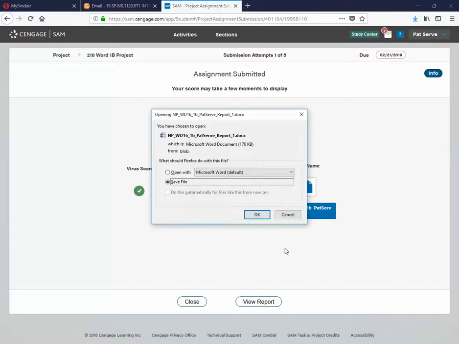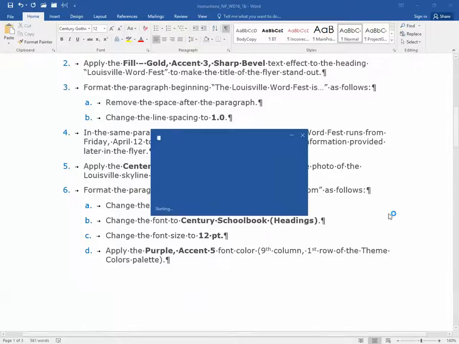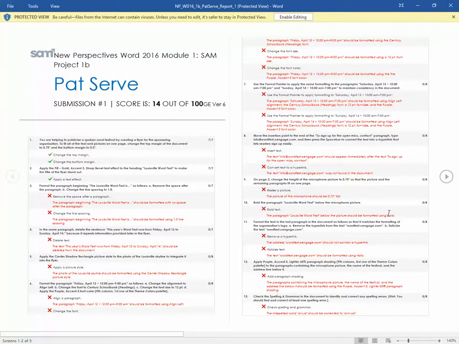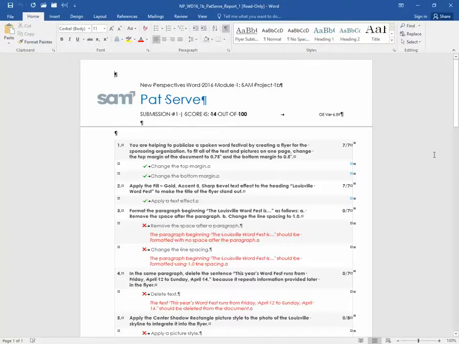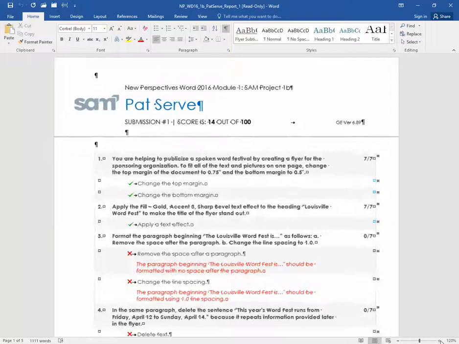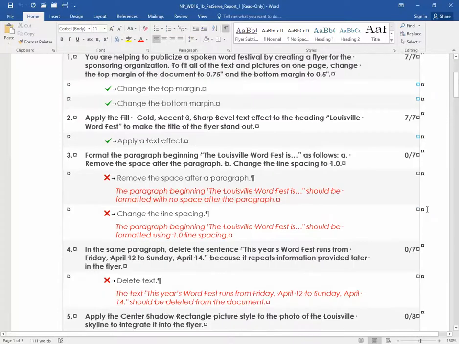And the report here, I'm just going to open it up, is going to tell me what I got right and what I got wrong on this. Ooh, I didn't do too good, did I? I got a 14 out of 100. Ugh. So what I'm going to do is look at my report here, and it's going to have in green check marks,